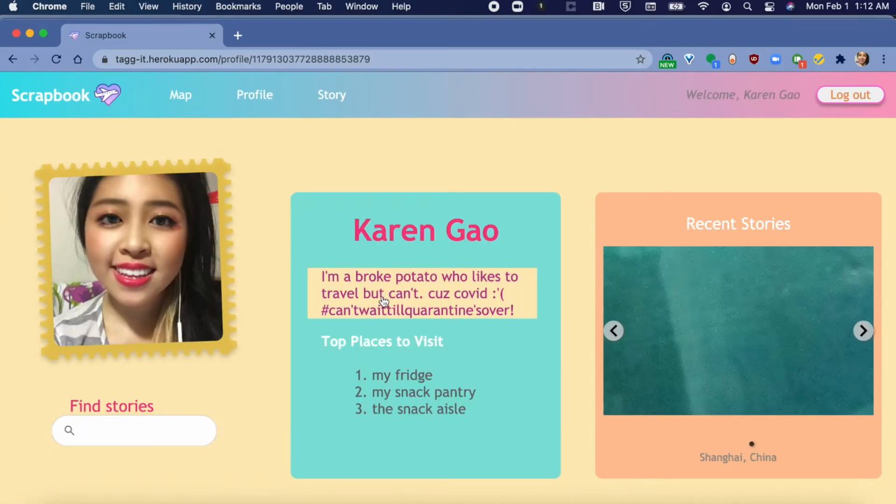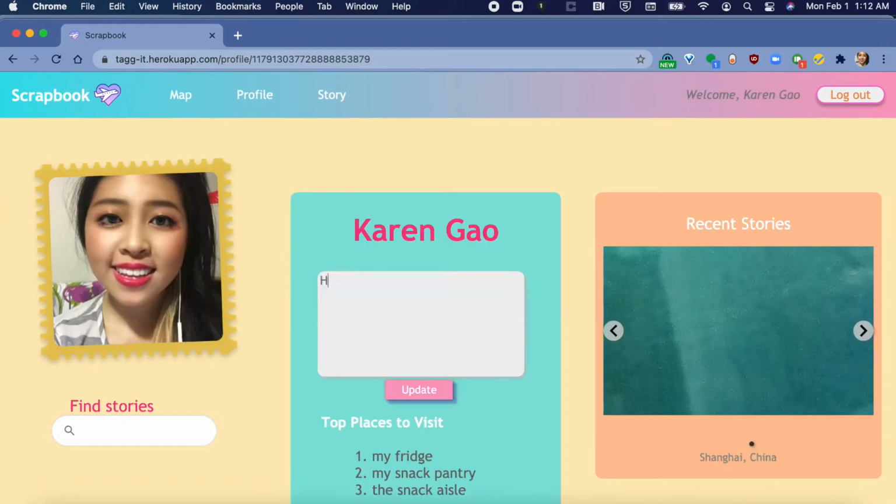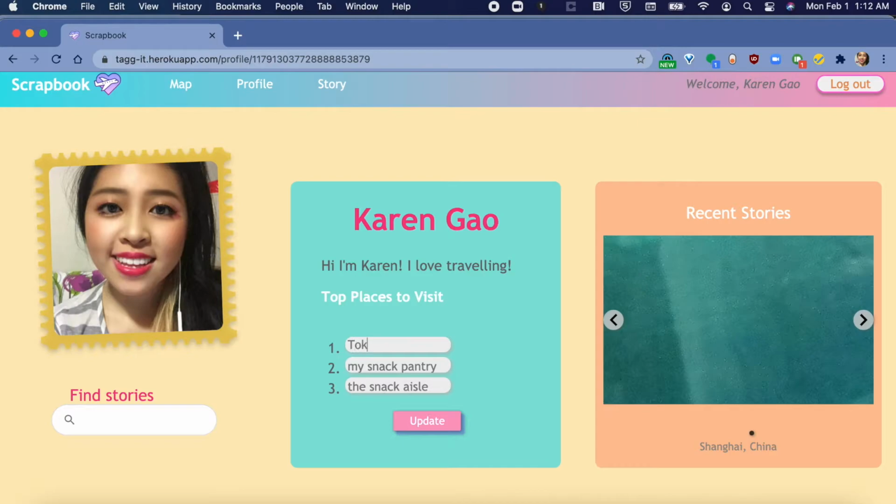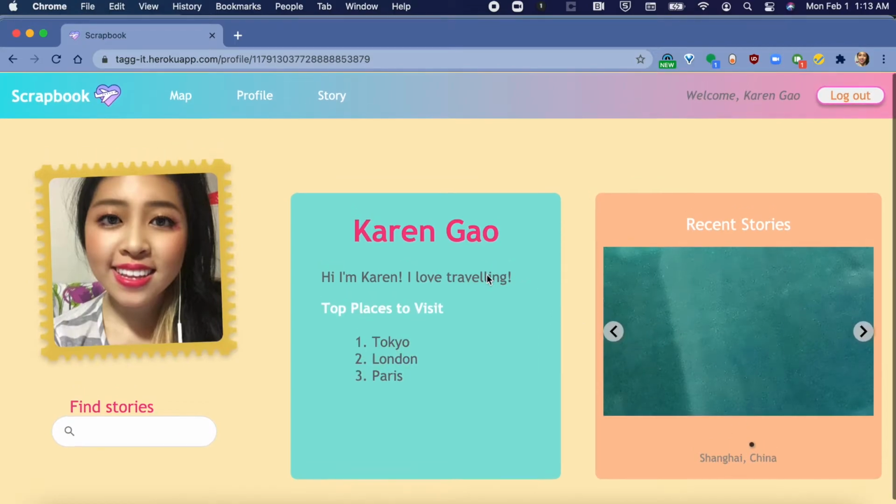On the profile tab, you have your bio. You can edit it by clicking on it and then pressing the update button when you're done. Same thing for top places to visit. You can click on those and update which top cities, or you can make it funny, a joke maybe, to show off your personality. In this case, I put Tokyo, London, Paris. This is also sent to our database using